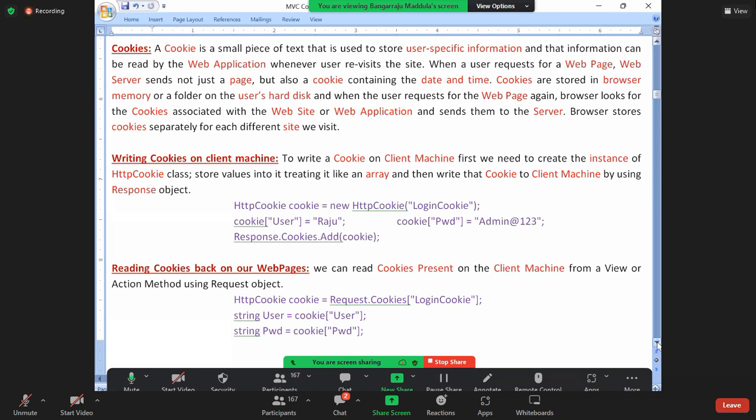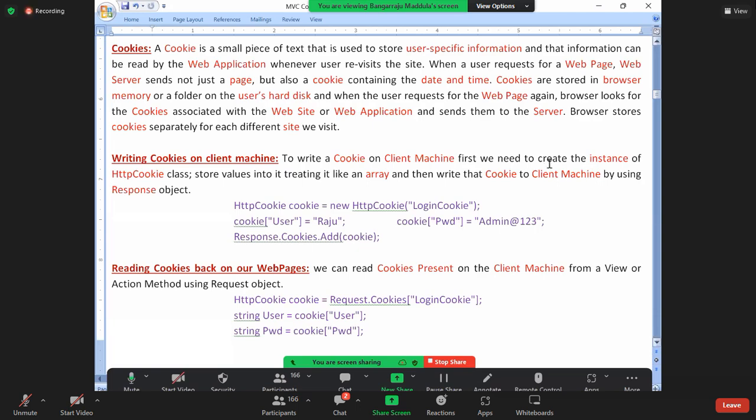First request. When the cookie goes with the first request, the server will check it. Cookie available, already password available. Okay, then no need to log in. Bypass the login now. Directly it is going to take you to the site now, the home page.